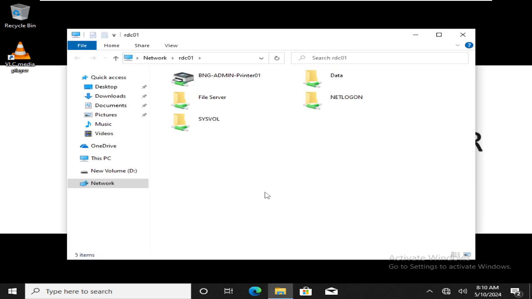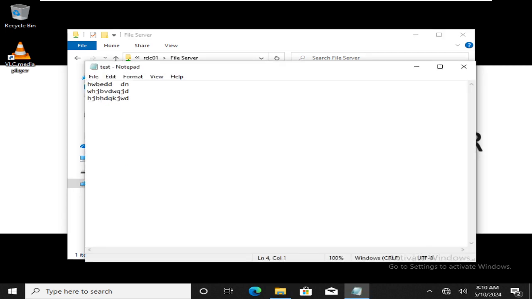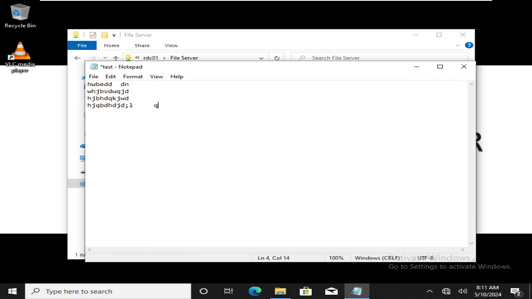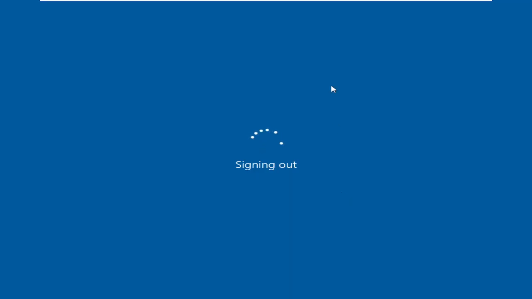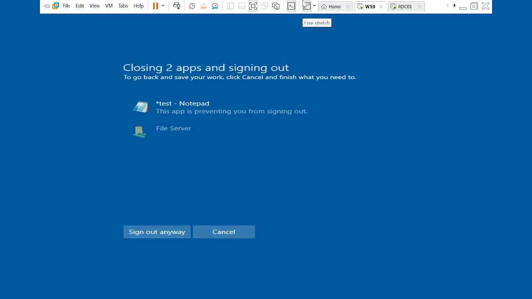/RDC01 and hit enter, you can see the file server. You can even open the test file. You can even modify the content and you can even save it. See, oh, you need to log off and log in. Let me quickly log off and log in back, because the new permissions are still not applied, because when the user logs in, it does not